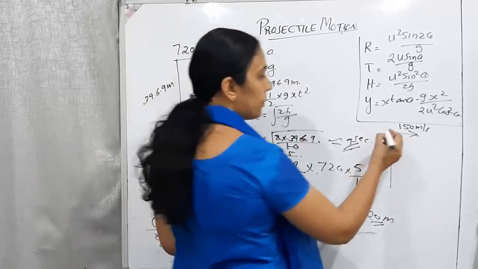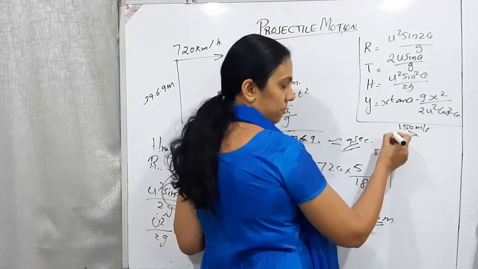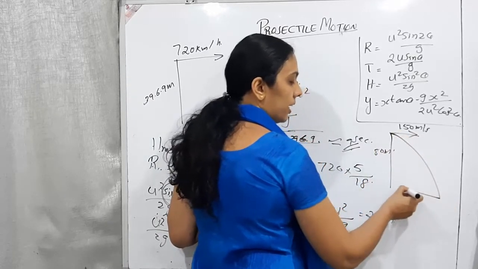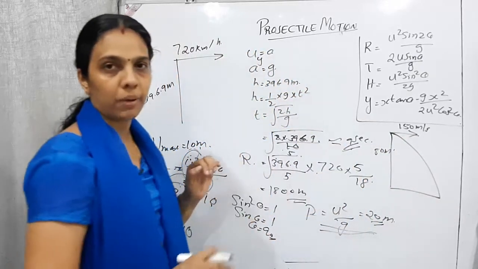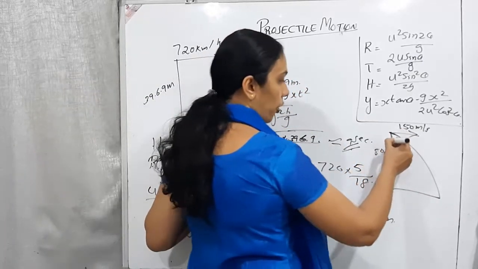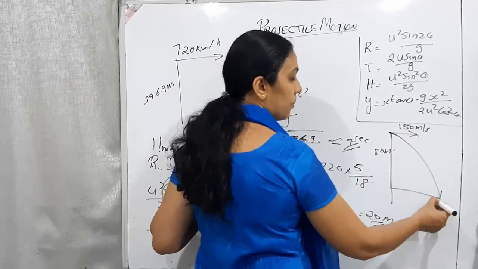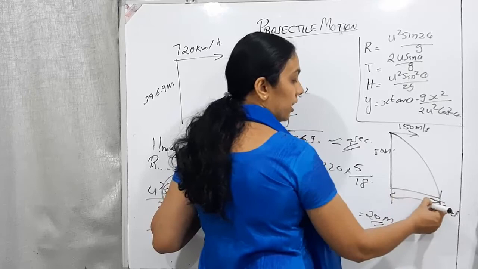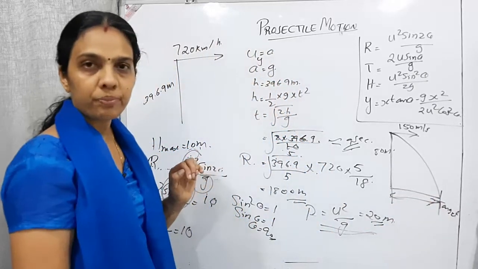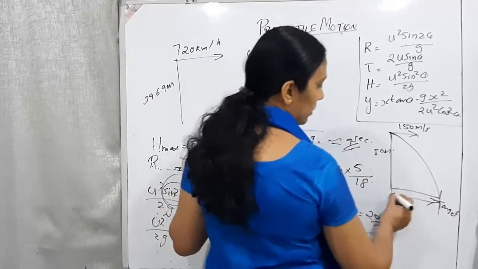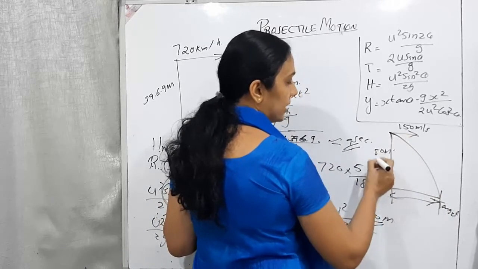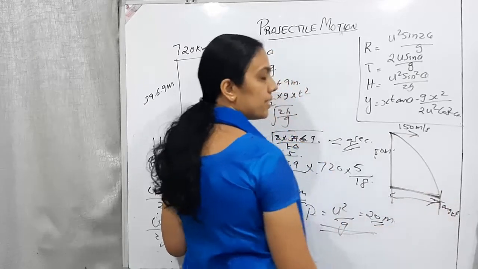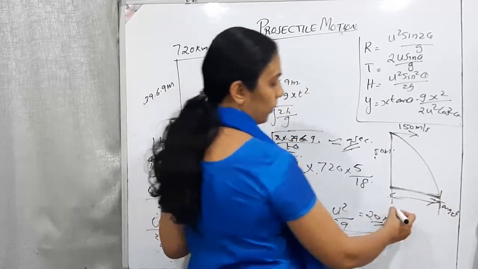So the bomb is dropping from the aeroplane. Then it will be moving in a projectile motion, a parabolic path. This is the point of projection and this is the position of the target. So at what distance should it reach here? This distance only we require. Okay, so how can we find out this distance? Here we know this is 80 meter. So we need to calculate this horizontal distance, the range.